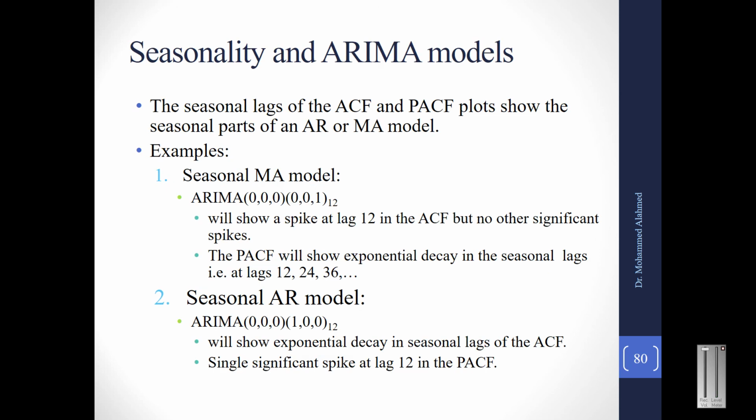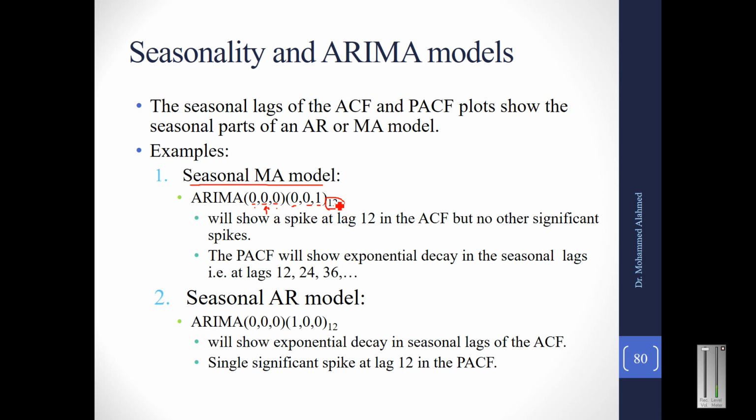Now seasonality. For the ARIMA model, there is also a concept of seasonality, which we will see in more detail later. As we have seen in some examples, there is sometimes a seasonality associated with the data, so there is a slight modification. As you can see, we have a seasonal MA model. In this particular ARIMA, we have p, d, and q as 0. Since the differencing was 0, it was a stationary time series. The AR is 0 and the MA is 0, but you can see here 0, 0, 1, and there is a bracket here.